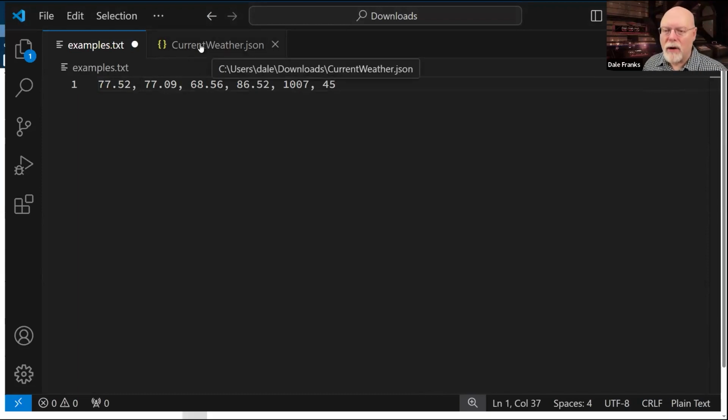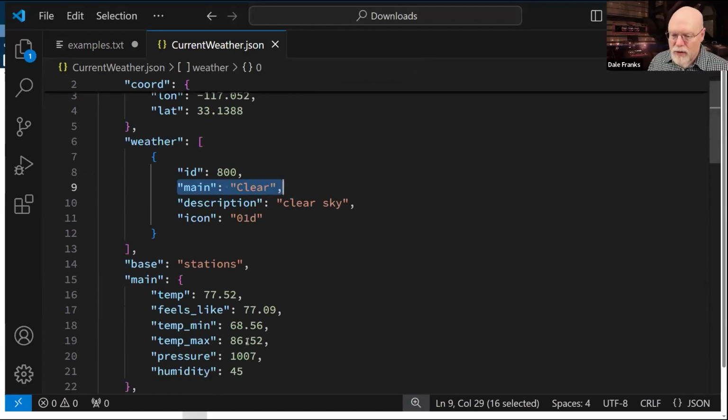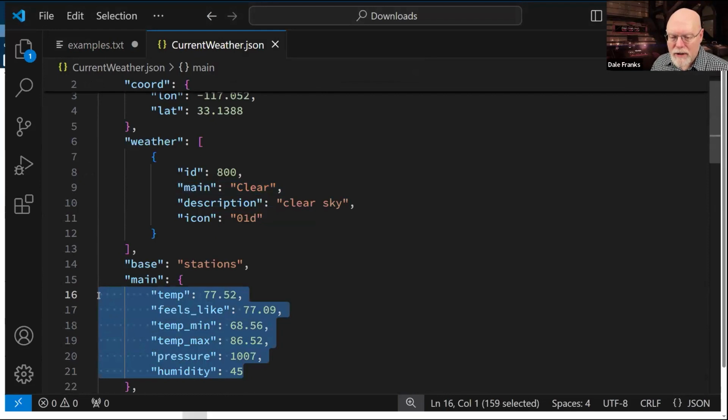Let's look at our current weather JSON. $ sign dot main dot star, and it's returning all of these items. Now, because I'm using the wildcard, it's not specifying what any of these values are.